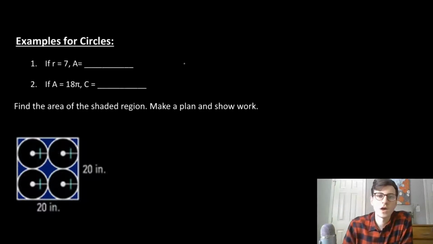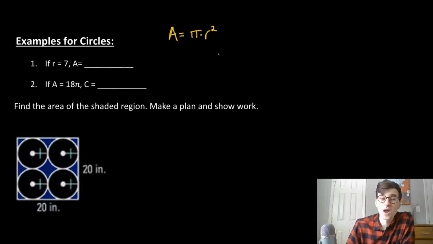Today I'm going to work through finding the area of circles and problems associated with that. Let's start really basic here. If the radius is 7, how do I find the area of a circle? Well, remember, the formula for the area of a circle is A, the area, is equal to pi times the radius, or r, squared. R is the radius of a circle, the distance from the center of the circle to the edge. So the area here would be pi